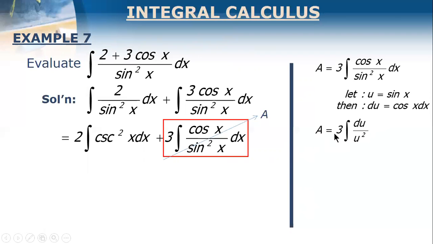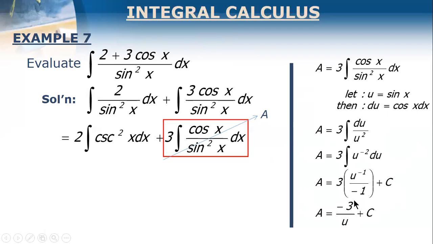Okay. So this will result to 3 times the integral of du over u squared. And this is just power rule. Transfer u to the numerator and the exponent becomes negative. Use power rule and you will have this: 3 over negative 3, u raised to negative 1. Bring it back to the denominator, so just u. Okay, and replace it there. And so we have this.